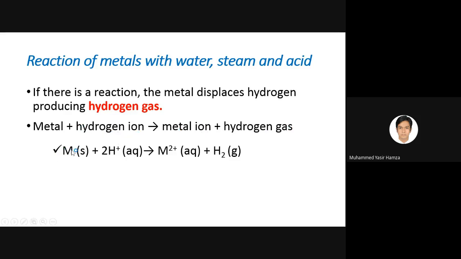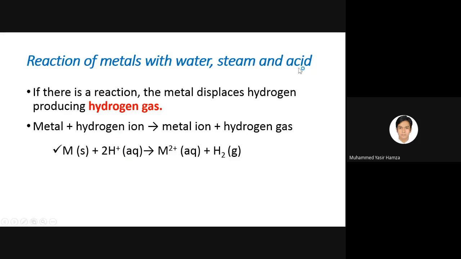And here M actually means metal. This is the general formula, and hydrogen ion, H plus. Please note it down that here H plus actually means it can be water or acid, because water contains H plus or hydrogen ions, and acid also contains H plus ions. So we have not indicated here any specific water or acid. We just wrote H plus, which means it can be